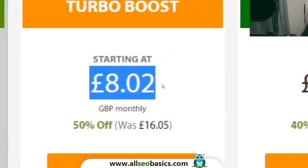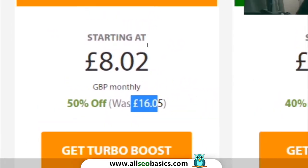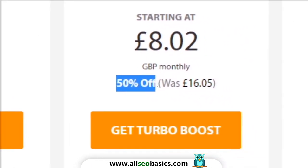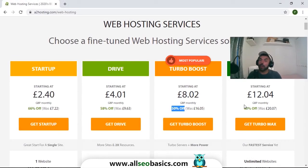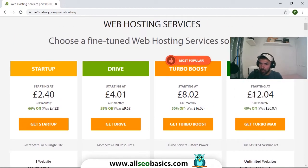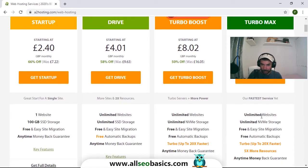So this is just the first month, and then after that, you kind of want to pay monthly, unless you want to pay yearly. If you pay yearly, then you will have 50% off, which is great because you will save a lot of money. But in my case, I'd rather pay monthly, better control on what I'm paying, and I don't have to pay huge amounts at once. So to start off with, just £12, and it gives you all of this,